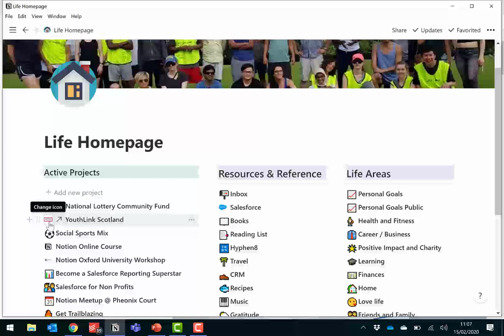But there are certain things like that where I would use other applications. There's calendar functionality within Notion. However, I don't use it for a calendar or events. The reason being is my other workplace uses Microsoft, so I'm getting emails and appointments all the time sent to me by email, and they're automatically added to Outlook. So actually just use whatever application is best for you.